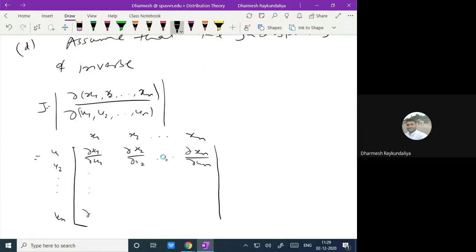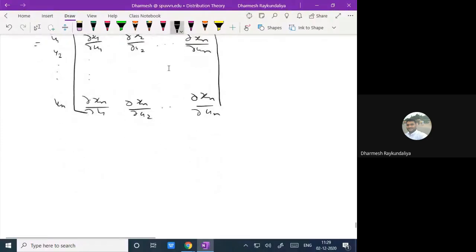And similarly, xn with respect to u1, xn with respect to u2, xn with respect to un. So the partial derivatives exist. Then